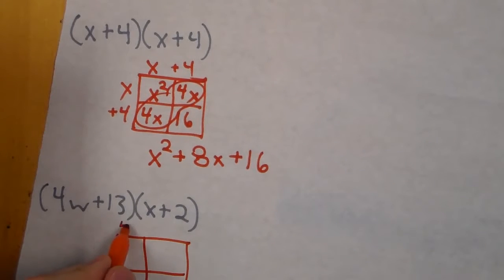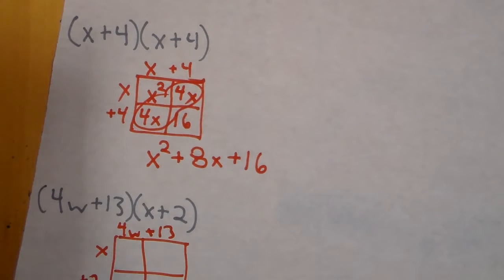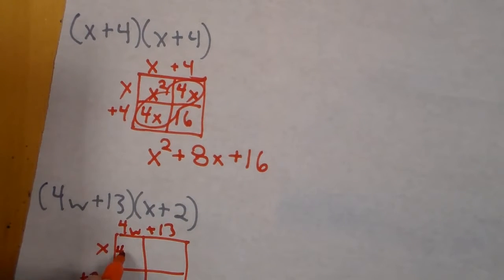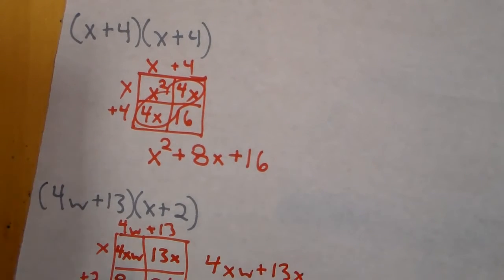Last one we'll do here, 4w plus 13 and x plus 2. They're both different variables, so let's leave them separate. So I get 4xw, 13x, 8w, and 26. In writing these out, these give us a variety of variables, but it also shows us